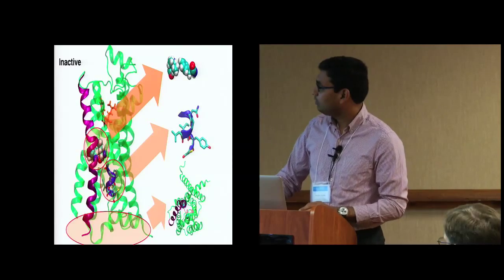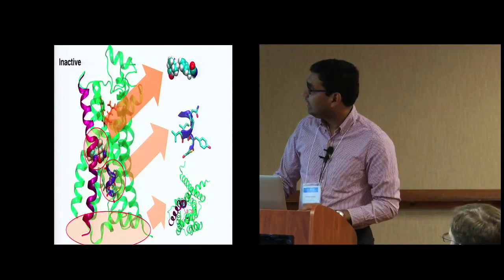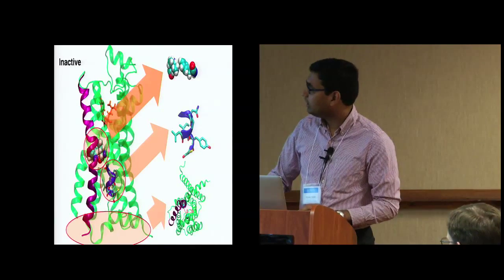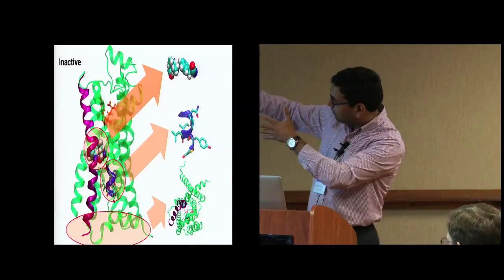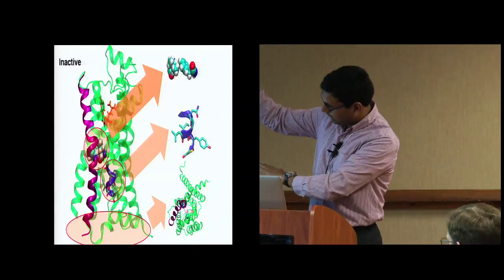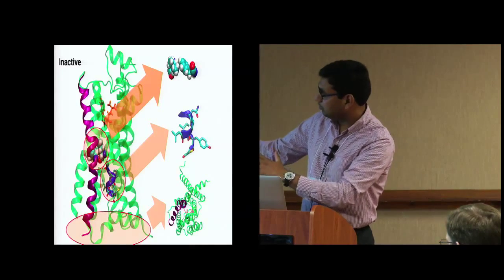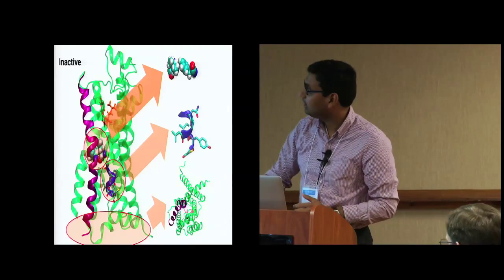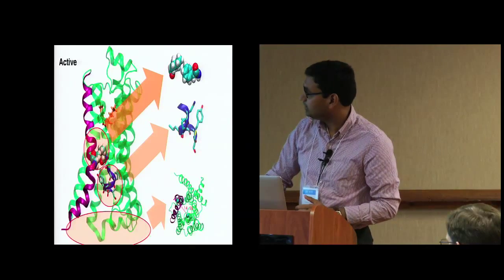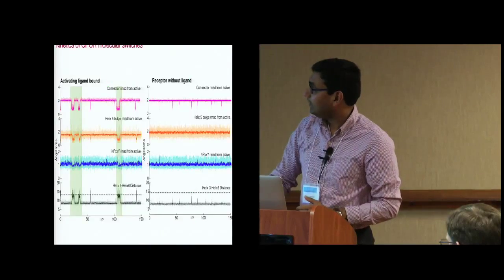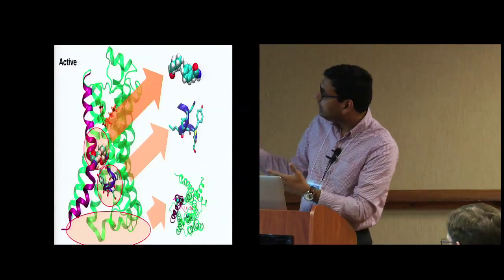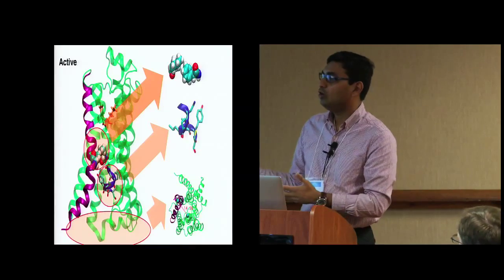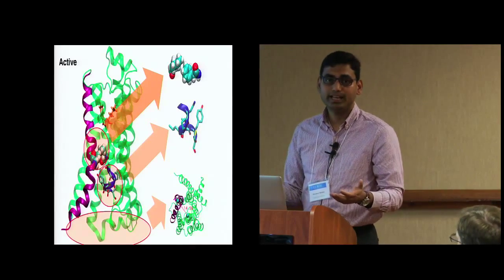And I'll just show you a very quick picture. This is an inactive state, and these are the 3 regions that are important. You see how the inactive to active transition happens. Little flip of the ring, twist of this little helix, and then this purple helix moving out, right? So inactive to active, as you're seeing, there's a big change here. And these are the key residues that have been identified, again, over like 40 to 50 years of experimentation.